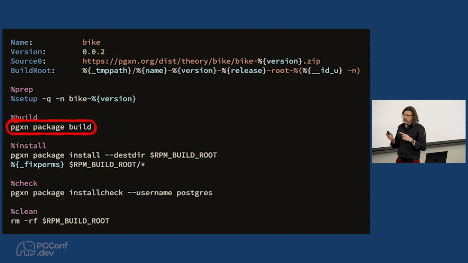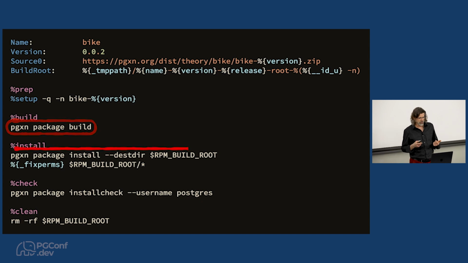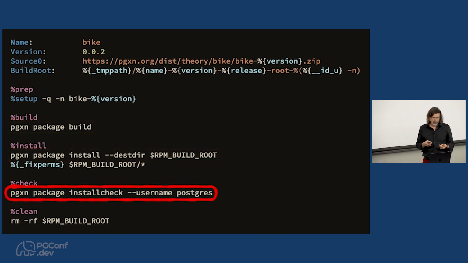They could potentially also, we might have a package subcommand of the PGXN client that could be used specifically for this sort of use case, where there's a build command, there's an install command where you give it the destination directory, because in all these systems they usually have an empty directory you put all the stuff into, and then a way to run install check that could put those things together and make it work effectively. So really to try to simplify what's required in order to do the builds through the packaging systems.